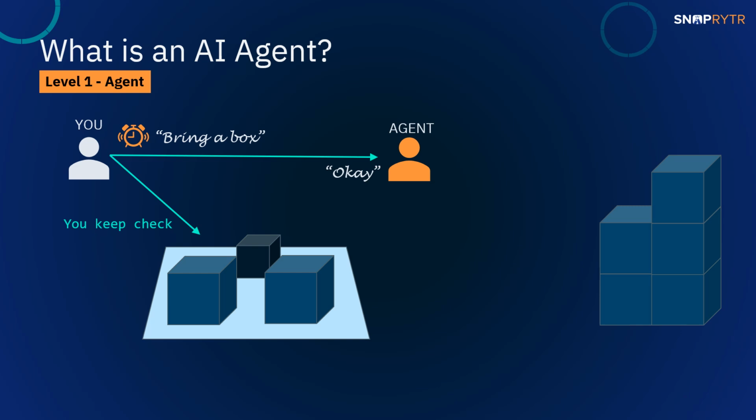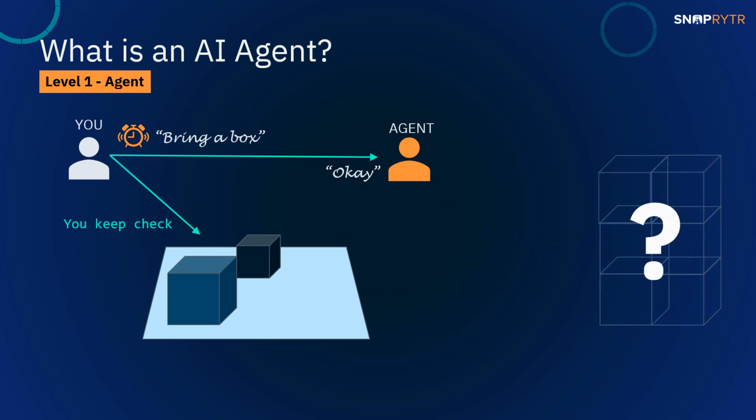Consider a scenario that the agent goes to bring a box and it does not find any. There is no box there to fetch it from. The warehouse is empty. In this case, this agent is a basic agent. It will just say, sorry, I cannot bring a box. And it will refuse to do the job. And the agent will terminate.